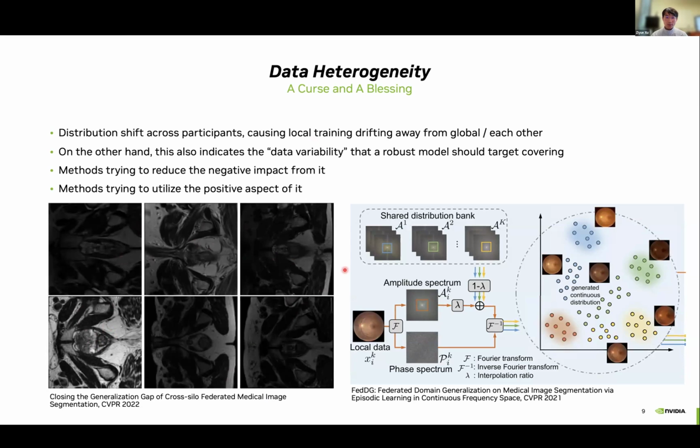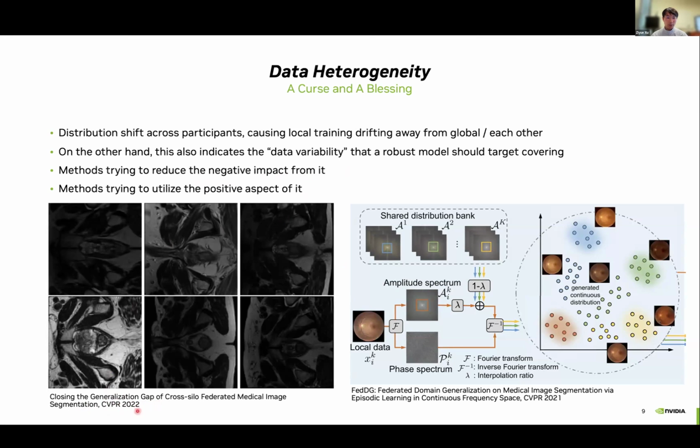And the only reason why we even want to perform federated learning is because we want to try our best to cover as much data variability as possible by utilizing the different data distributions across different clients. So there are methods trying to reduce the negative impact from the data heterogeneity. For example, this